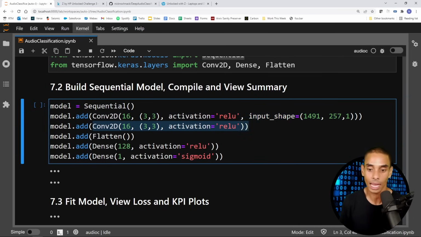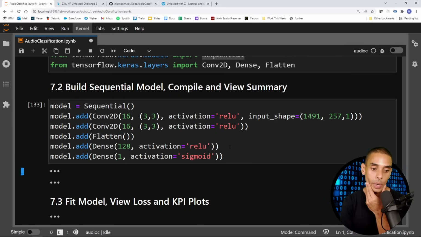Then we're using another one almost identical. So conv2D 16 3x3 activation equals ReLU. And then we are flattening it down. So we take our convolutional outputs, which are going to be in 3 dimensions, and we flatten it down to a single dimension. And then we pass that to our dense layer, which is going to have 128 units and activation of ReLU. And then that goes to our final layer, which is going to be a dense layer of 1 value, because it's just going to output 0 or 1, because we have specified an activation of sigmoid. Cool. So if we run that,